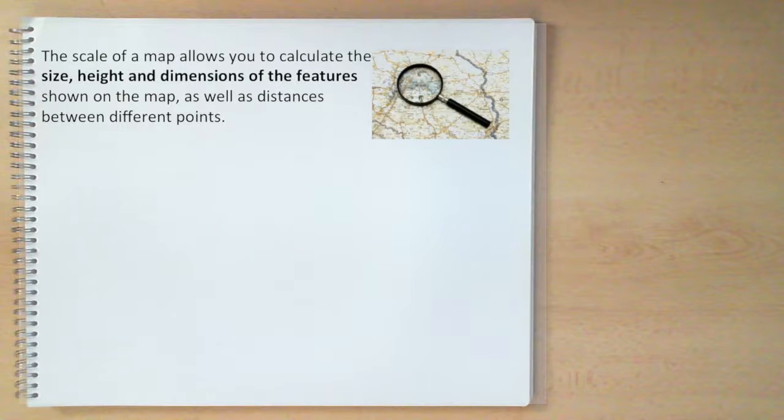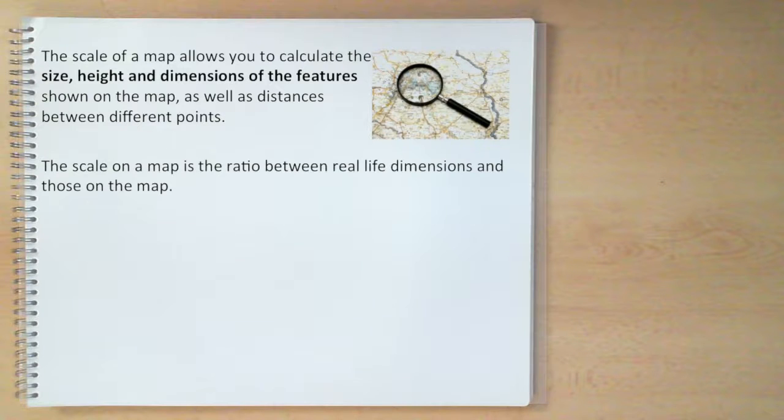Let's look at how ratio and proportion can help us with some real-life problems. In geography, you will have seen that the scale of a map allows you to calculate the size, the height, and different dimensions of features shown on a map, as well as being able to work out distances between different points. The scale of the map is the ratio between the real-life dimensions and the dimensions on the map,